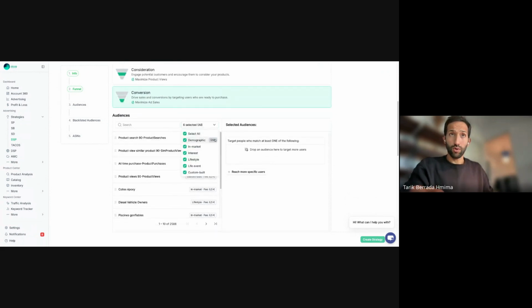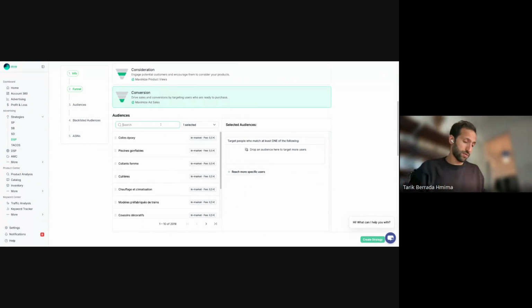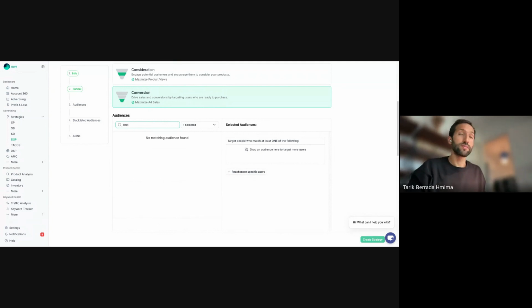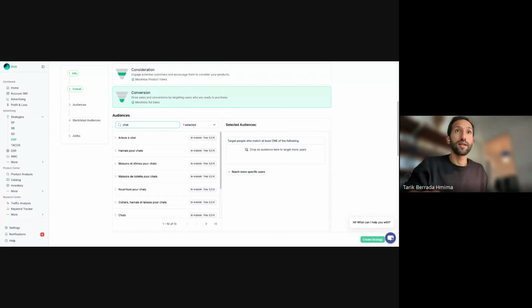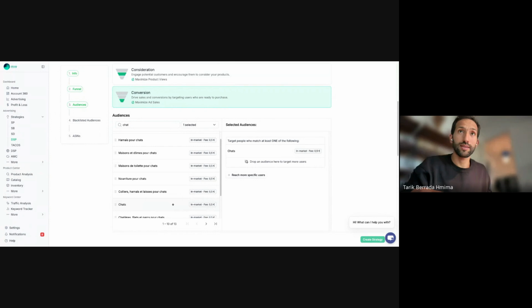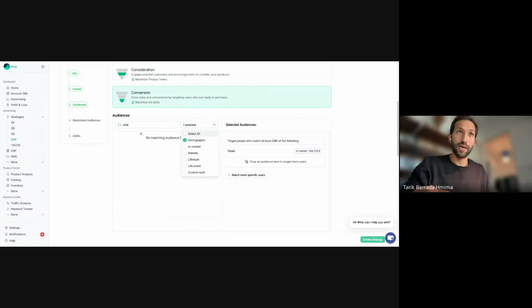You have different audiences. Let's go for in-market and look for cats, which is chat en français in France. There are, of course, a lot of subcategories. Let's go for the most generic one, just cats. And we'll go for demographic, male.